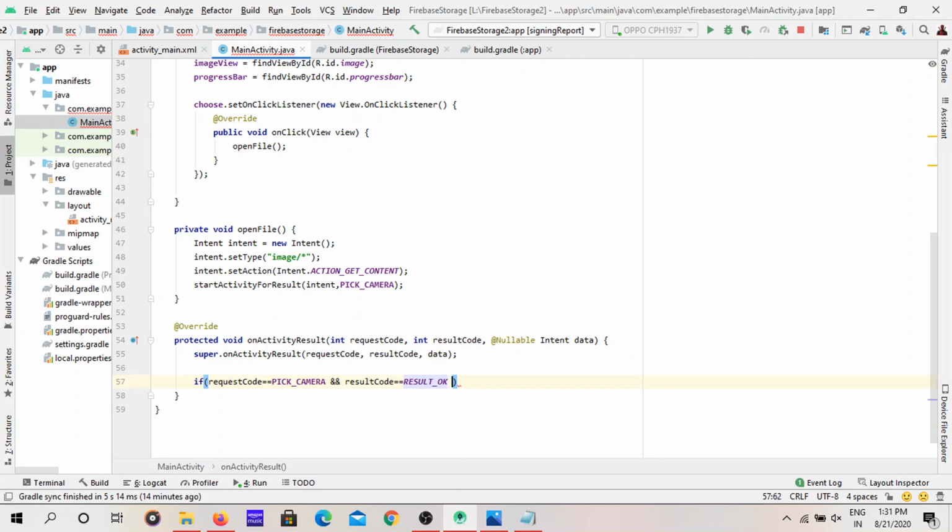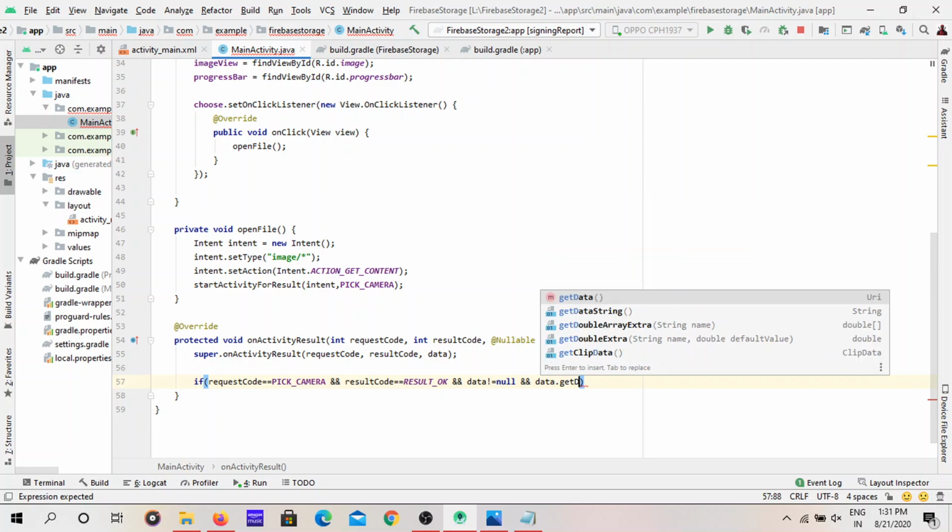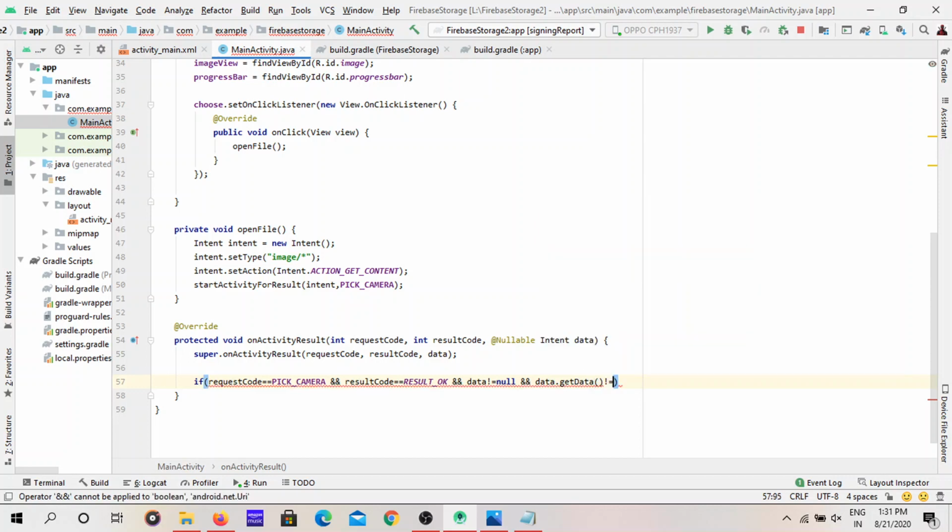And data is not equal to null, and data dot get data not equal to null.